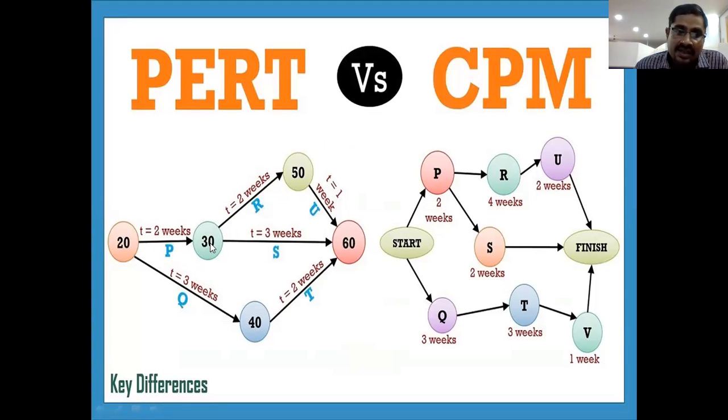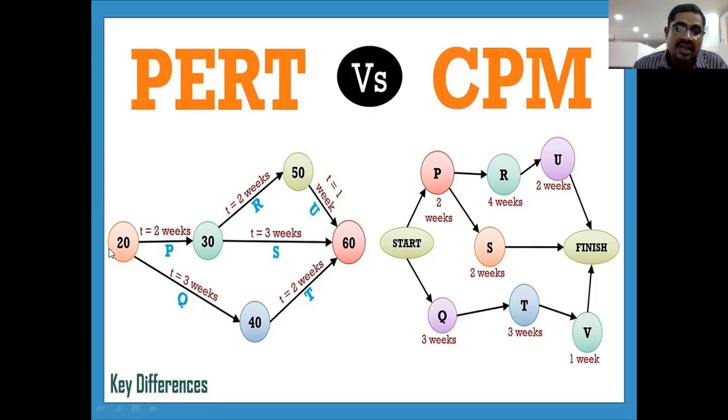So 20, and then the next operation, this 30 number, and the next operation 40, and next 50, and next 60. So 20, 30, 40, these are the names of the events. We can replace these with other names, right? A, B, C, D, E, or 1, 2, 3, 4, 5. We can use the letter A instead of the number 20, and the letter B instead of 30. So 20, 30, 40, 50 are the names of the events.